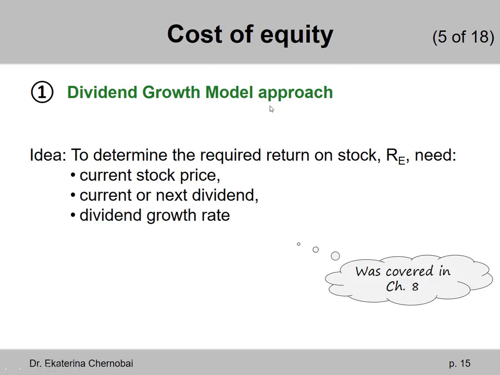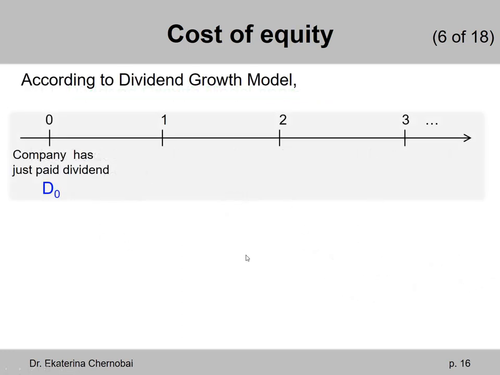To use this approach to calculate the cost of equity, we need to be given 3 things about the common stock shares. The current stock price, so price per share today, the current dividend, or the dividend that will be paid next time, and the dividend growth rate. This is all from chapter 8. We are just reviewing it. So let's review it